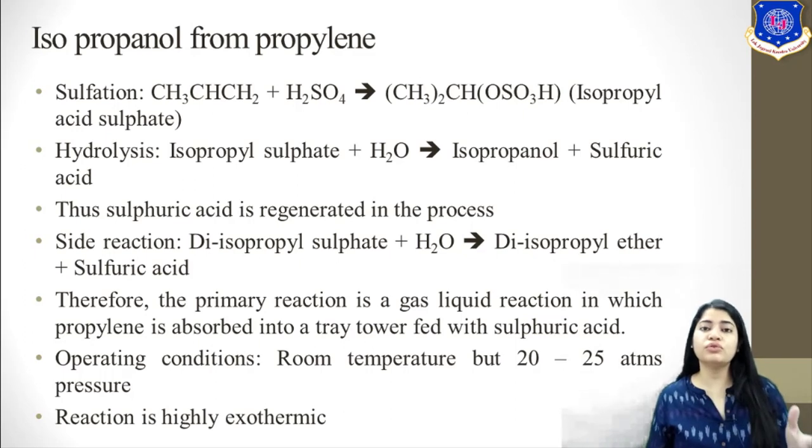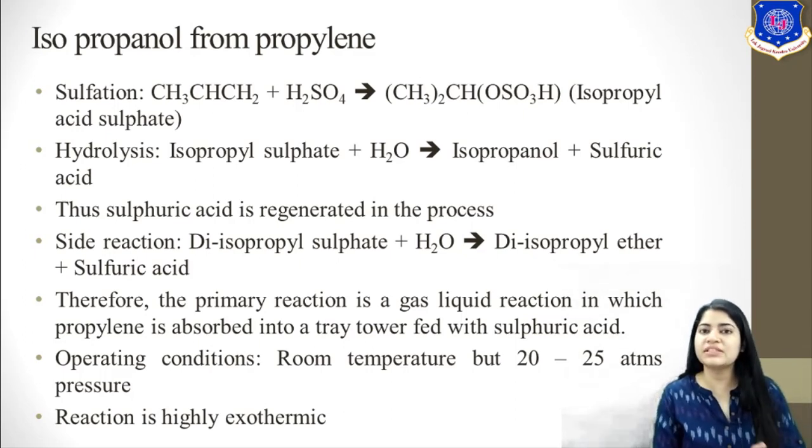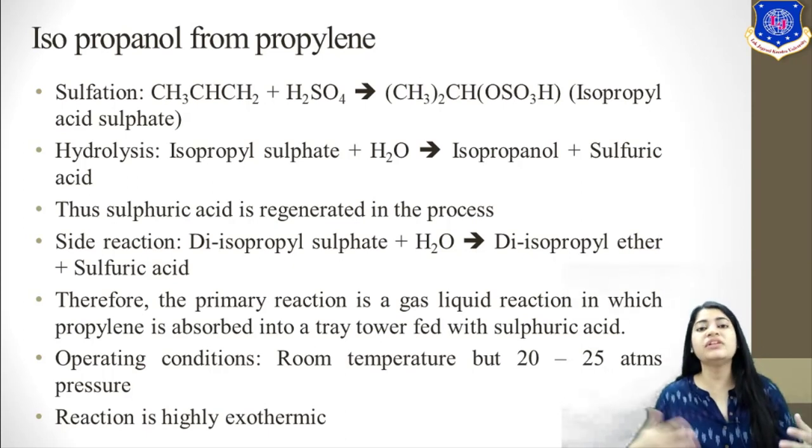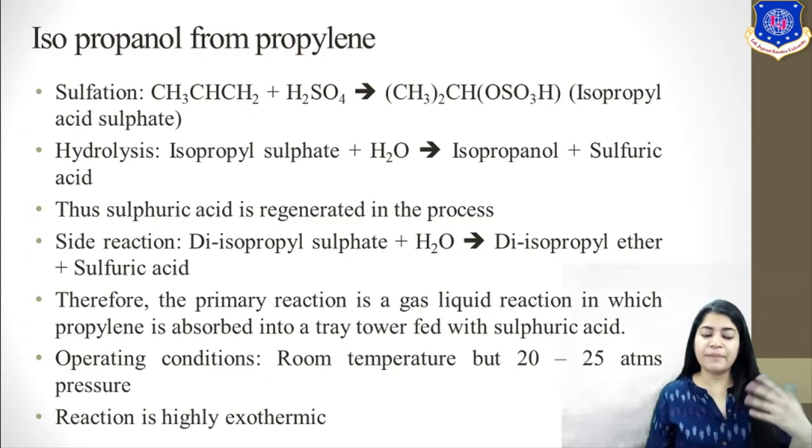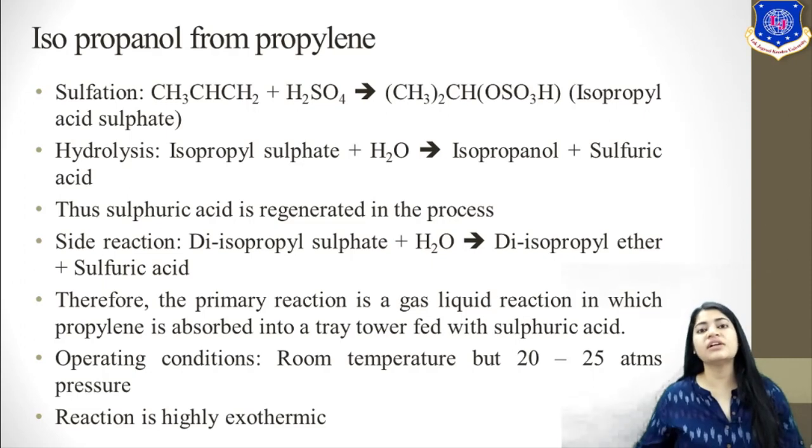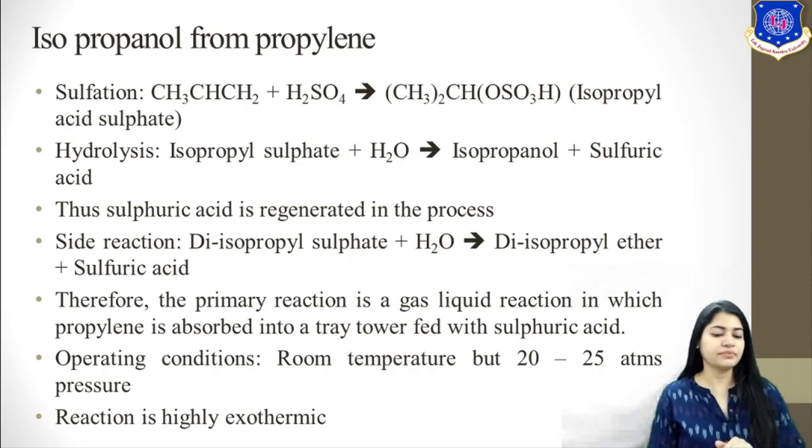In your major engineering problems you will study this. To overcome the side reactions, you increase the proportion of your reactant, which totally depends on the stoichiometry. Because appropriate temperature and pressure conditions also support another reaction to occur. So the side product here is what? Ether, that is diisopropyl ether.